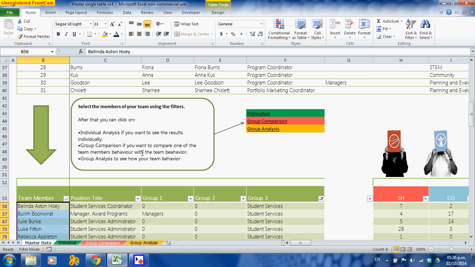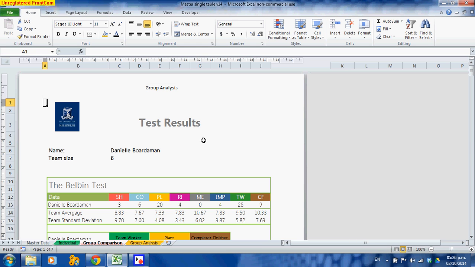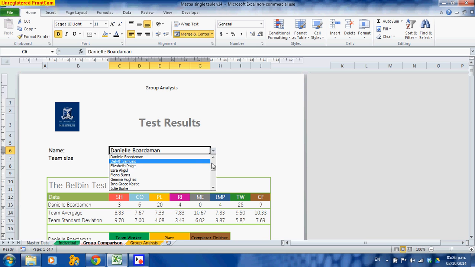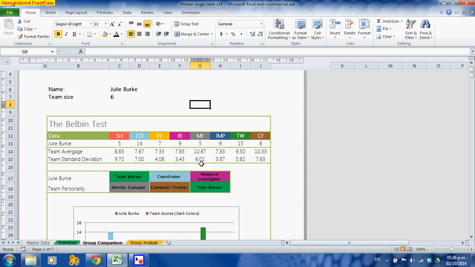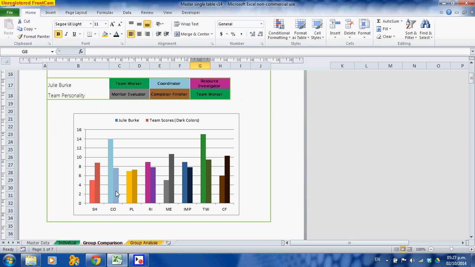But for group comparison, I have to choose one of the team members here, because I'm going to compare him or her with the group behavior. So let's see Julie Burke. Okay, so I go to group comparison. I choose here Julie Burke, and then I can see what the scores of Julie Burke are, and what the scores of the team are. So I can compare here: Julie Burke is team worker, but the team personality has as a tertiary role team worker,